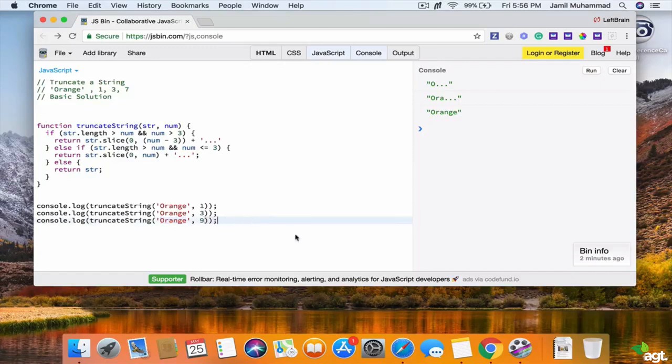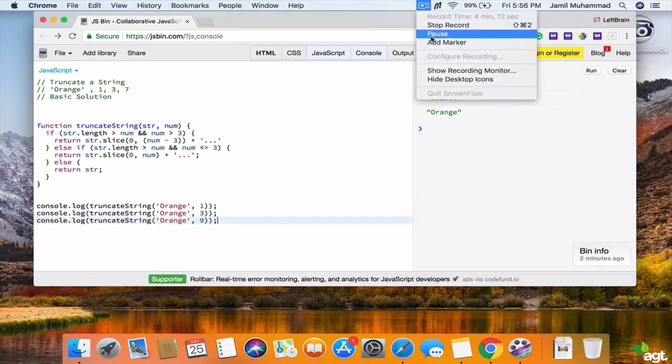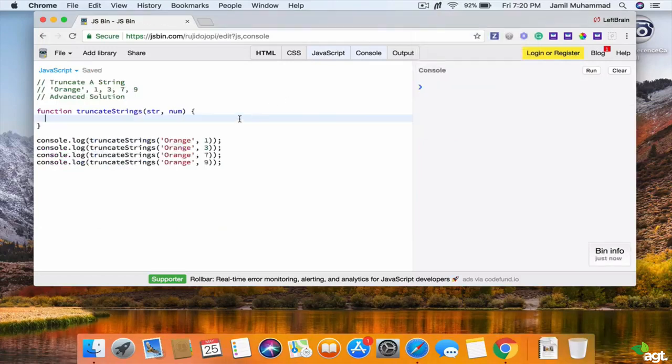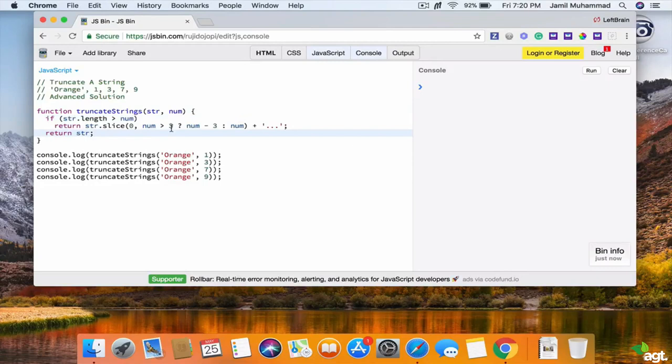But yeah, and now I'm going to show you the advanced solution to this algorithm. Alright, so for our advanced solution, I want you to copy this. I'm going to paste this in between our truncate strings function. So we have an if statement, and if the string length is greater than our input number here, then we will return the string that will be sliced,